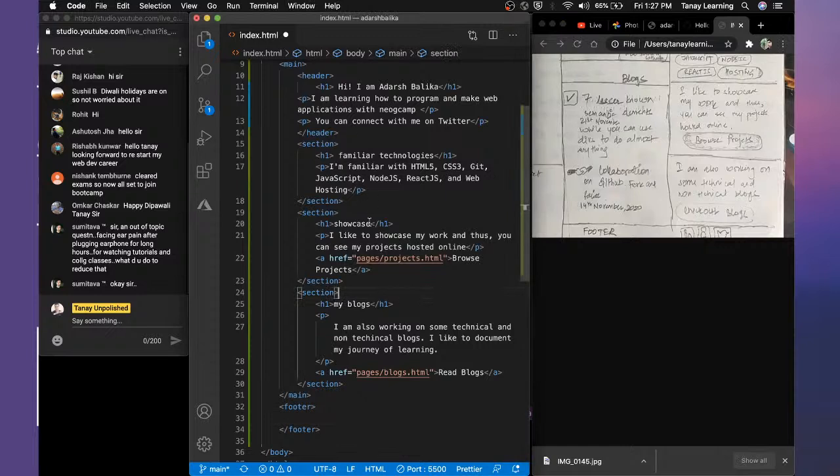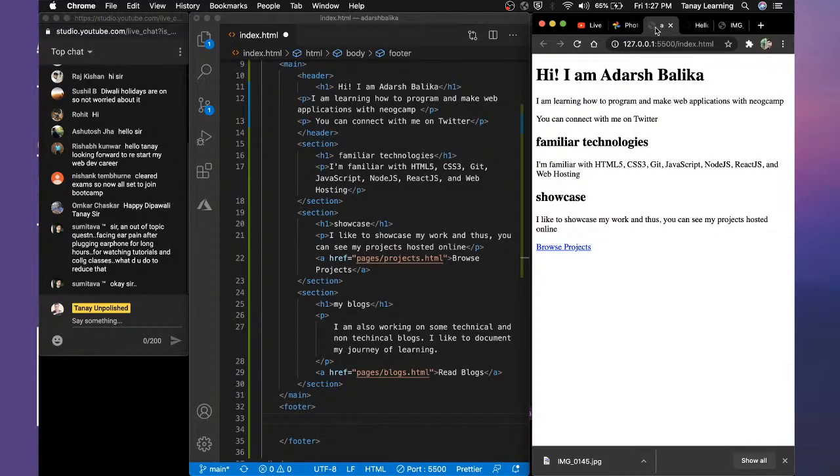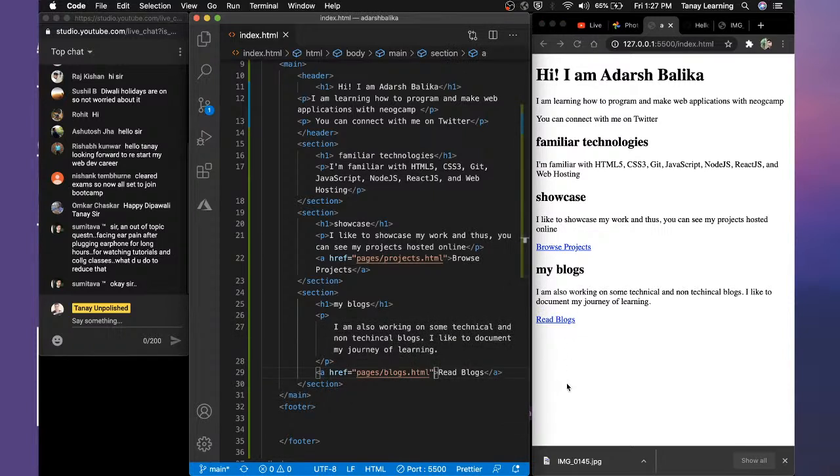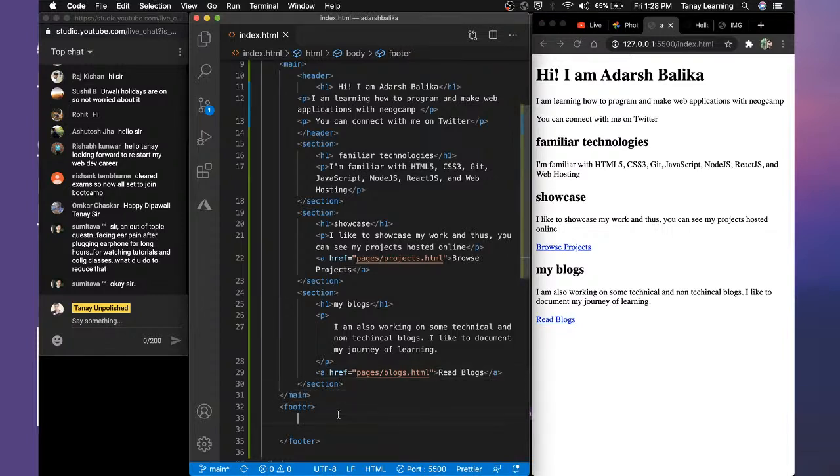So we have main, header, footer. In the footer, what will we have? Let's go here. Footer will be familiar technology, showcase. Save this. My blogs. This looks nice. Now I am also working on the footer. We'll do footer, which is nothing but